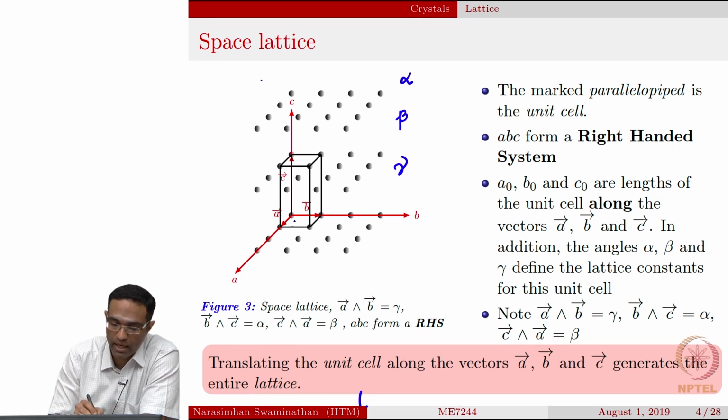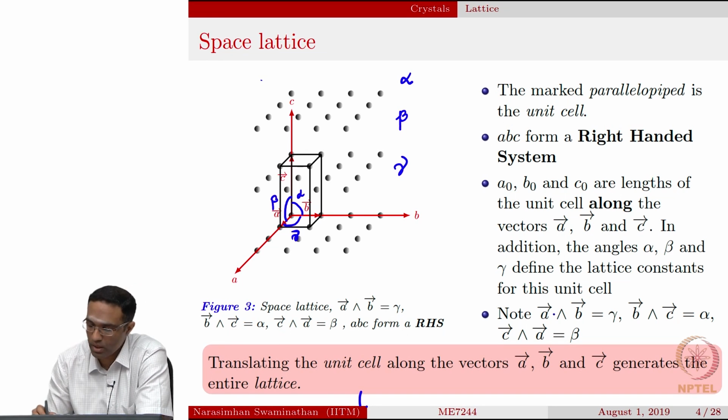So, alpha is the angle that is formed by the two vectors which is opposite to that of A. So, this is alpha. Anything that is opposite to the B vector is basically beta, and the angle that is opposite to the C vector is basically gamma. Okay. So, this will be alpha and this would be beta, and that is what is indicated in these lines. So, angle between A and B is gamma, angle between B and C is alpha, angle between C and A